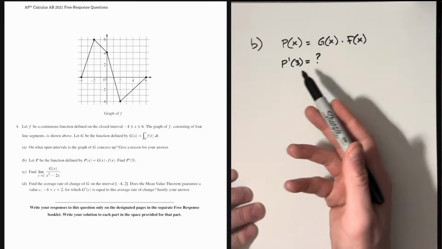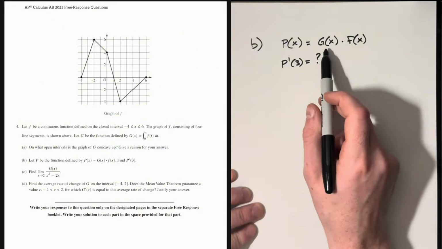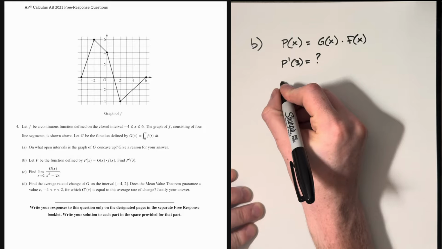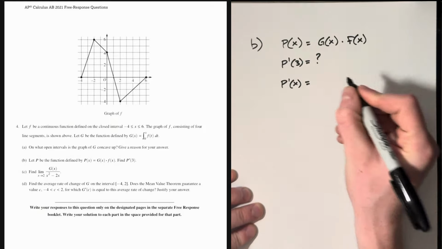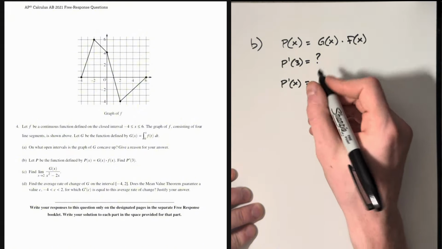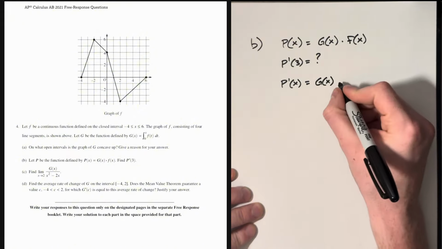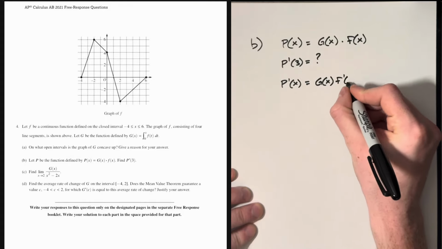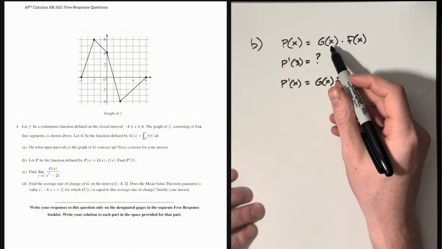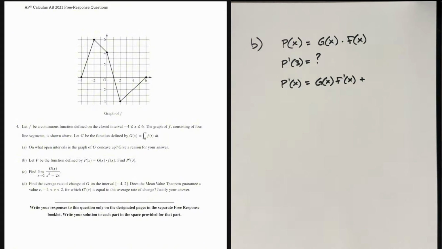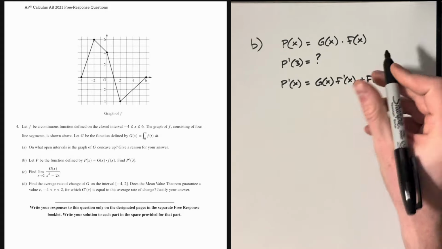Now, we're trying to find the derivative of this function. To take the derivative of this function, I'm going to need to use product rule, because I have two functions multiplied together. So I'm going to do my first term, just g of x, times the derivative of my second term, which is f prime of x, plus the derivative of the first term. What's the derivative of g of x? Well, it's actually f of x, times